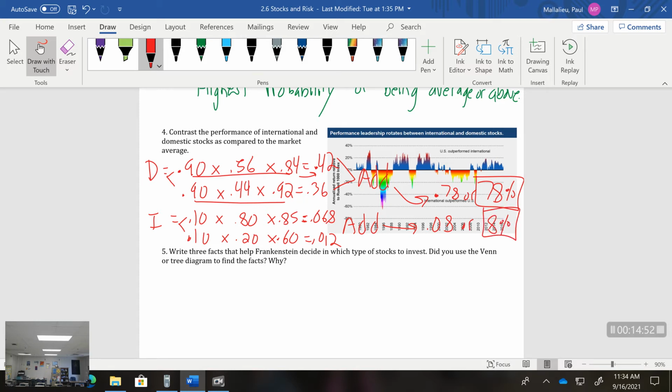All right, bottom part, write 3 facts that help Frankenstein decide in which type of stock to invest. That's where you can use your Venn or tree diagram to tell what would